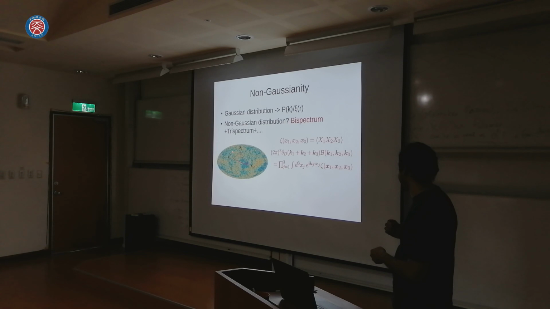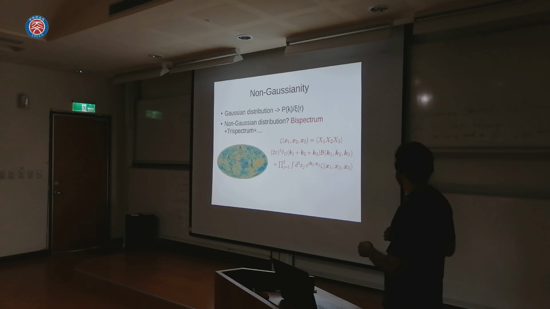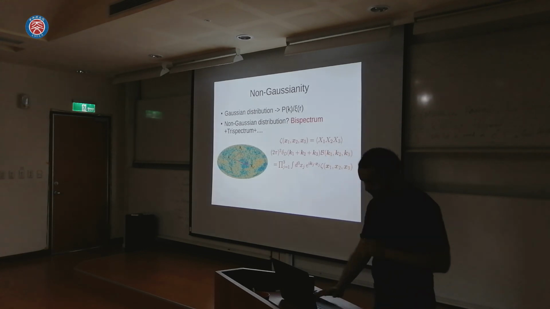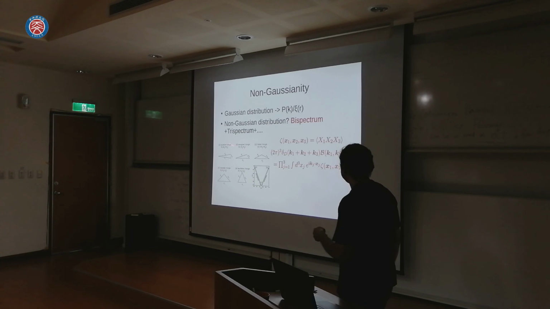The 3-point function is simply defined as the cross correlation between field values at 3 points x1, x2, and x3, and it's written like this. The Fourier transform of this 3-point correlation function becomes the bispectrum. What this equation also shows is that the bispectrum is only non-zero when these 3 wave vectors sum to 0, so they make a closed triangle. The way to characterize this bispectrum is by looking at the shape of this closed triangle. For instance, there are 5 shapes denoted here, and then there is a continuum of shapes.